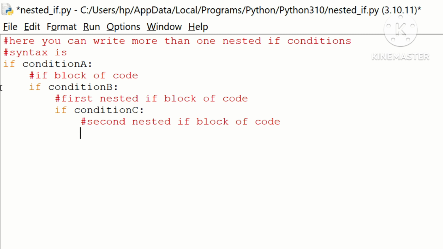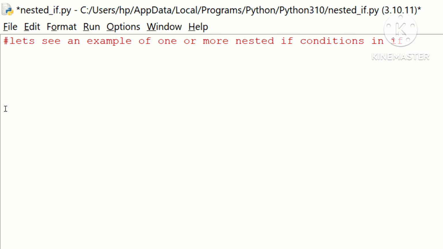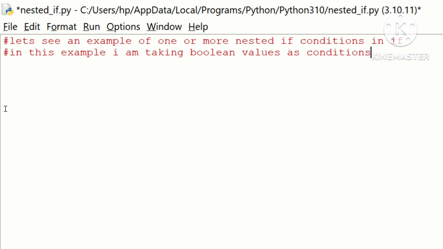Press enter. If condition D colon, press enter, it automatically takes indentation, hash third nested if block of code. Press enter. Pass. Let's see an example of one or more nested if conditions in if. In this example, I am taking boolean values as conditions. If space true colon, press enter, it automatically takes indentation, print of within double quotes, if block. Press enter. If space true colon, press enter, it automatically takes indentation,